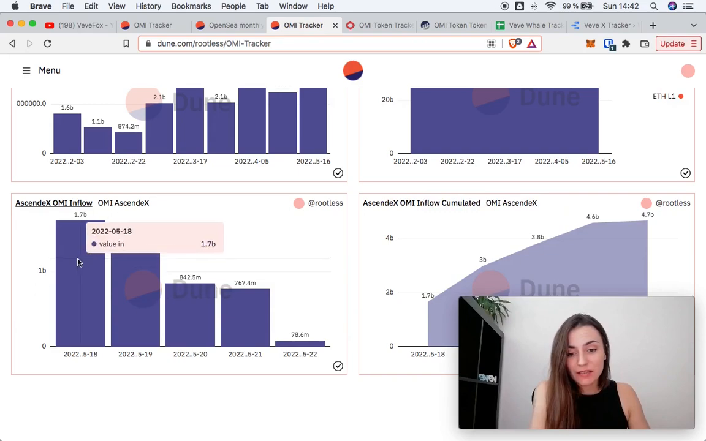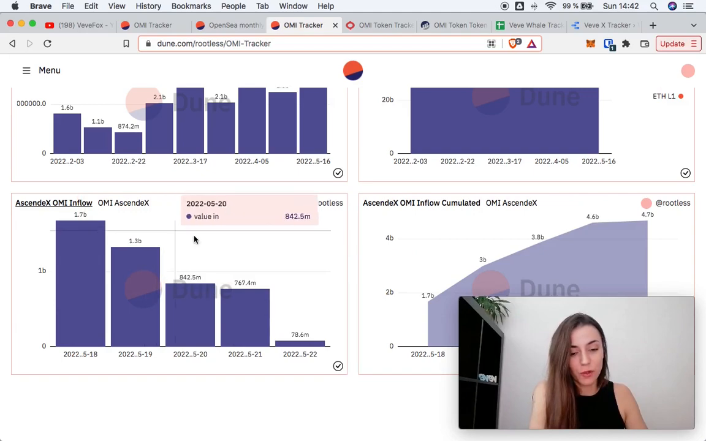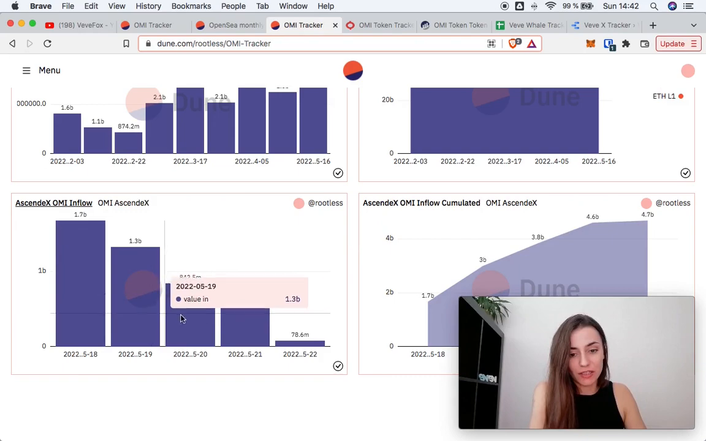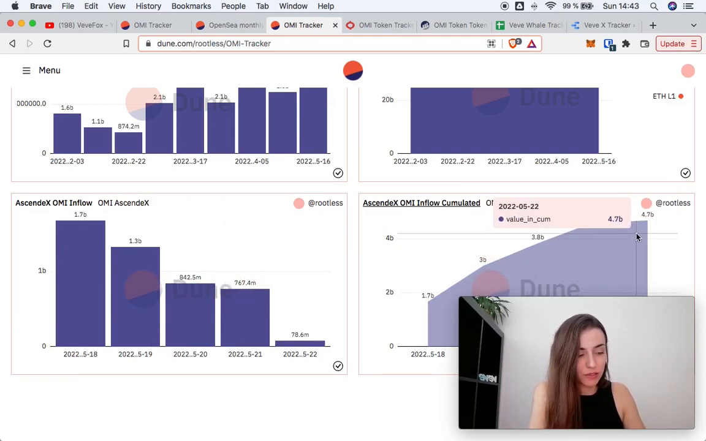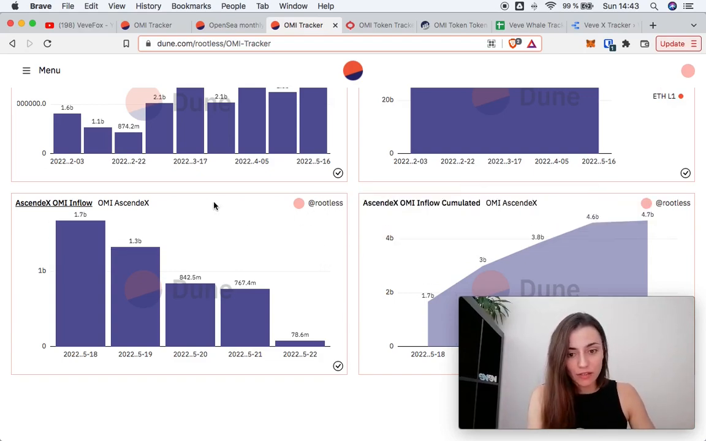As we see, since they started the staking program, a lot of OMIs have been transferred to the exchange. Here you see it on a daily basis, and this would be the cumulative, so a total of 4.7 billion OMI were transferred to Ascendex just in those days since they introduced staking. Of course, it doesn't mean that all of this OMI was sent there to be staked. People might send their OMI to the Ascendex blockchain in order to sell their OMI or whatever. However, if we